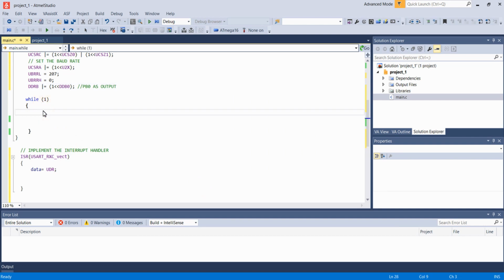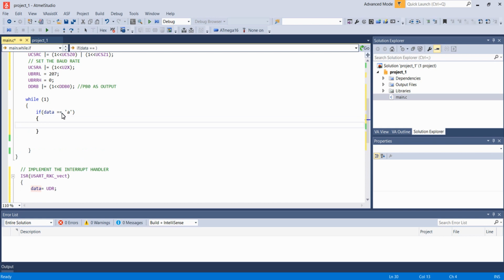So inside the while of 1, I am checking for the condition. That is, we just want to check the data variable. If data equal to A, we will set the PB0 bit.